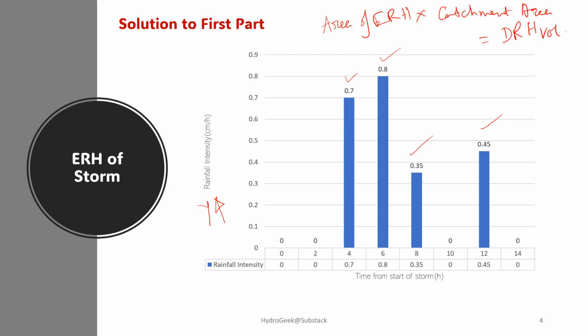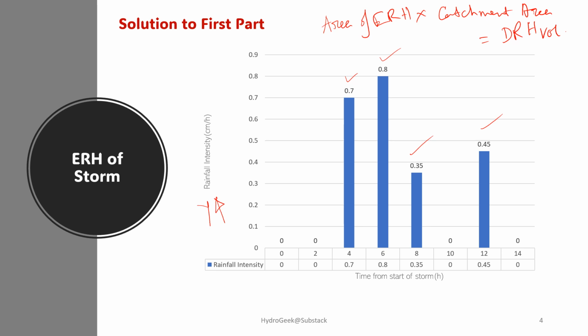So this volume of DRH is the second part of the problem. The first part we have accomplished. This is the hydrograph, with 0.7, 0.8, 0.35, 0.45, and all these zeros as the ordinates of the hydrograph,